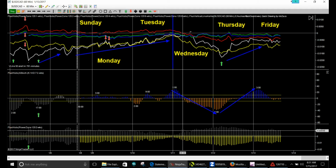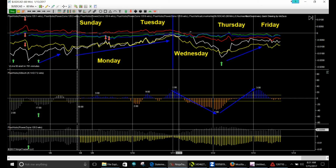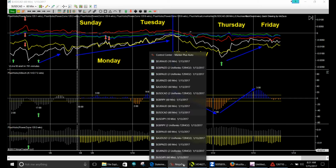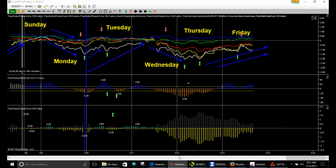It's very simple. I'm going to add a couple of other pairs, a couple of euro pairs this week because I see some huge moves on the euro, New Zealand to the south. Okay, so that's that. Now we're going to do the US dollar JPY